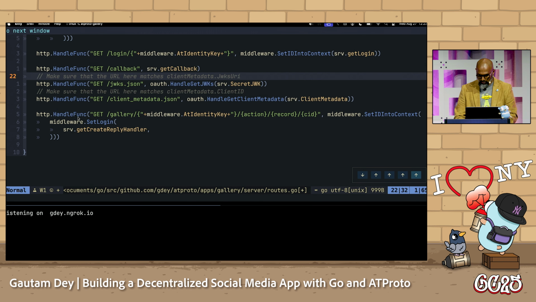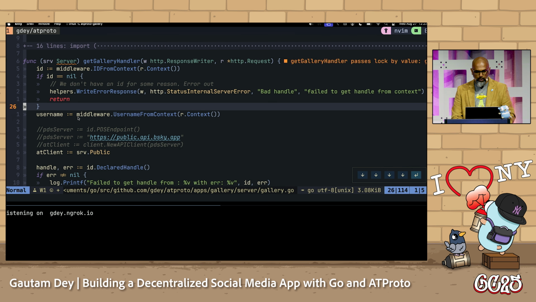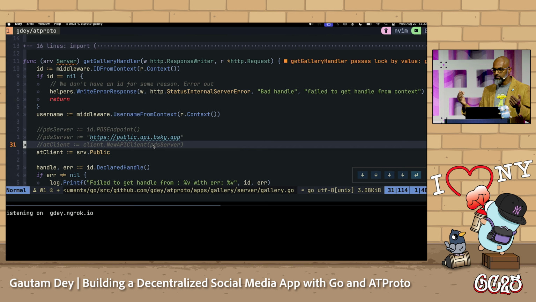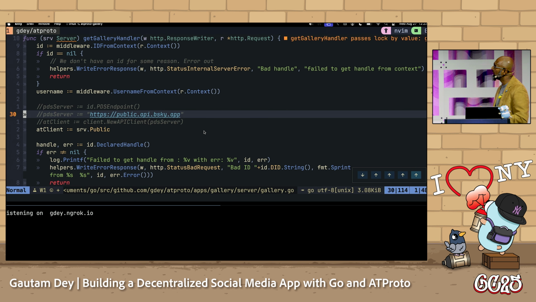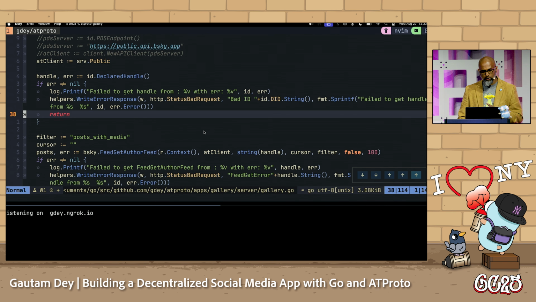All right, let's look at the gallery. The way the gallery app works is it takes in a handle, and we're using the public API because we're not authenticated. I'll show you how the authentication works.